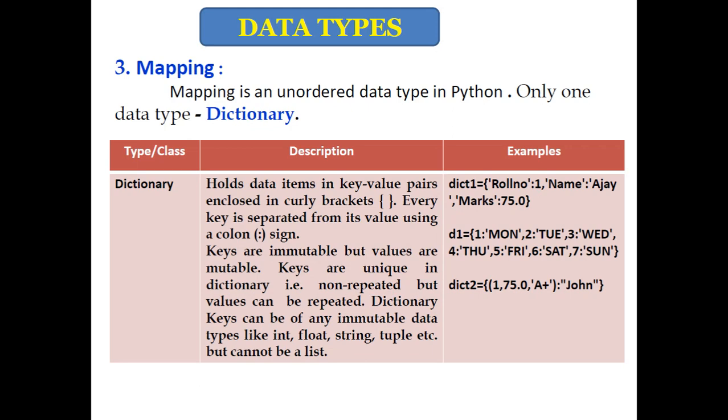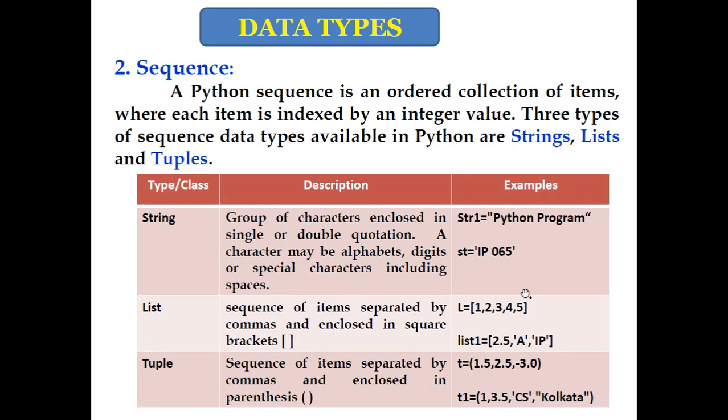Generally, list is preferred when we want to use similar types of elements and we want to change the elements, like marks, roll numbers, temperatures. These types of elements are stored. But in tuple, think about a situation where elements are fixed and generally not changeable. Like if you want to store the latitude and longitude of your location, you can define it in a tuple because the elements are fixed, two elements, and their value is not changing generally. You can use a tuple for those types of situations.